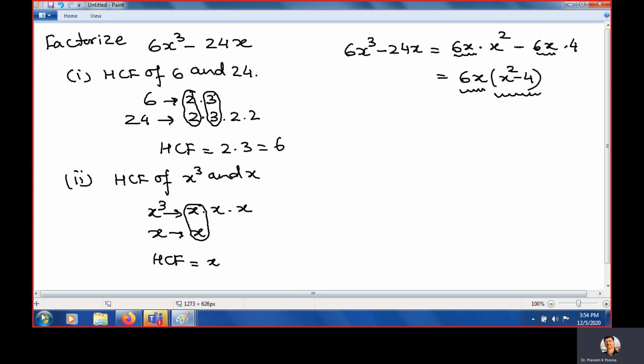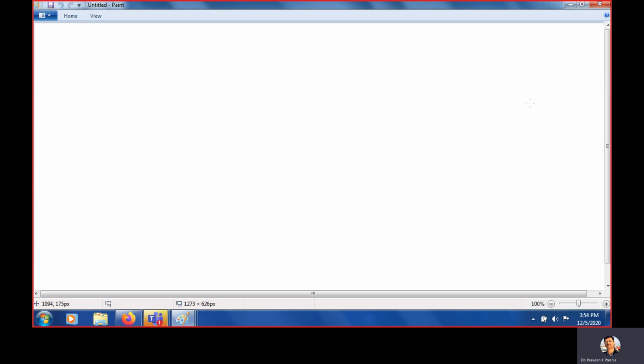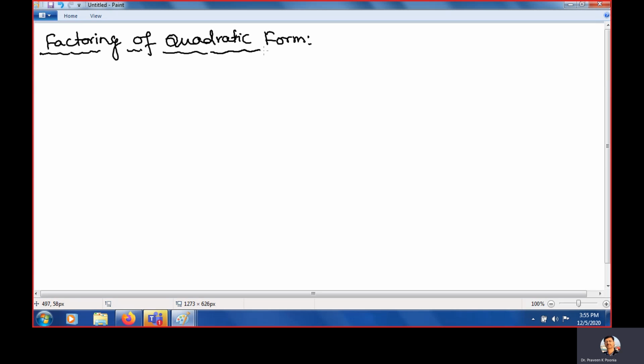Clear? Now we are moving towards the most important topic. It is factoring of quadratic form. Factoring of quadratic form. So first of all, what is a quadratic? Quadratic means n is equal to 2. The degree is 2. Clear? So an expression